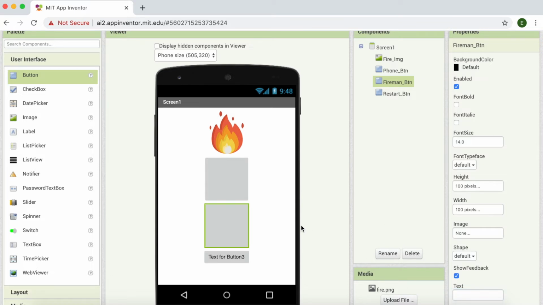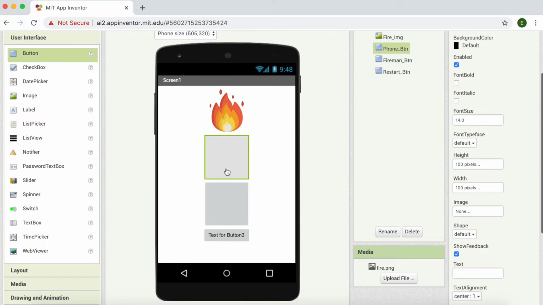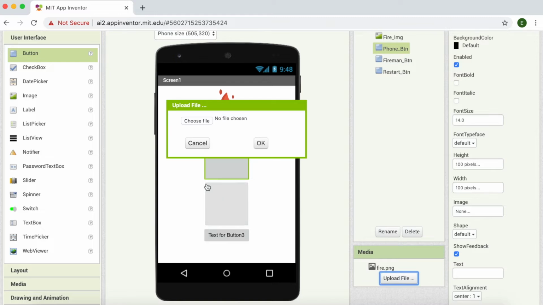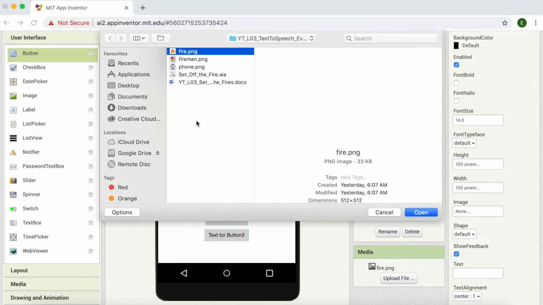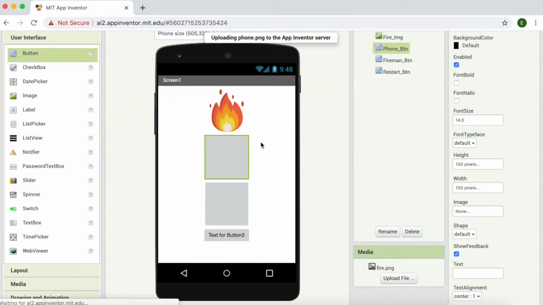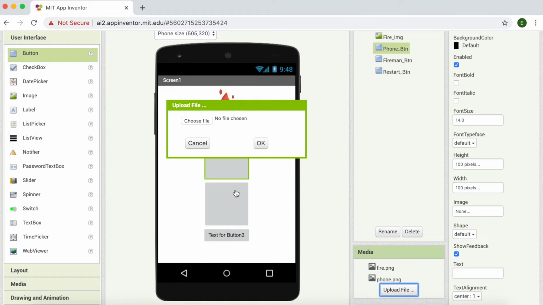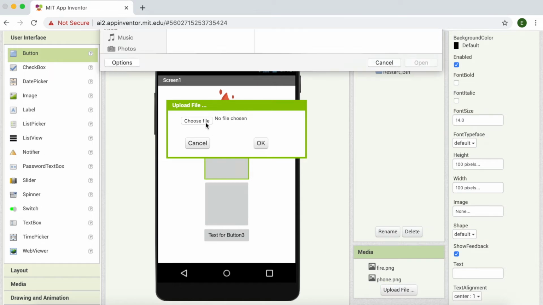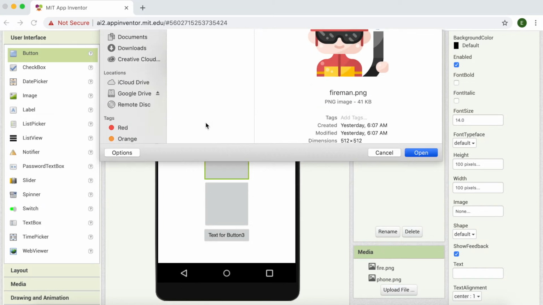Okay, and because we want to display pictures, I'm going to have to upload them. So I'm going to go in upload file, choose a file. So this is a phone button, so press OK. And then there's going to be a fireman image. So fireman,